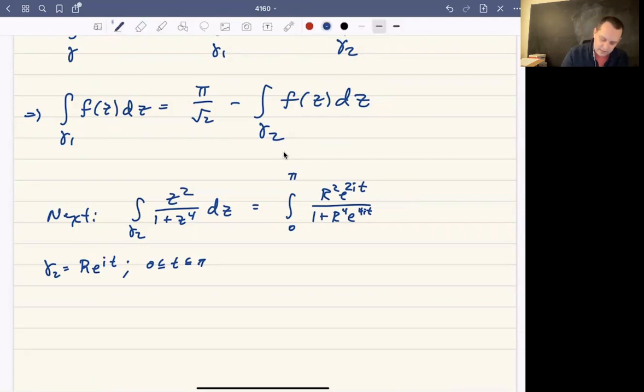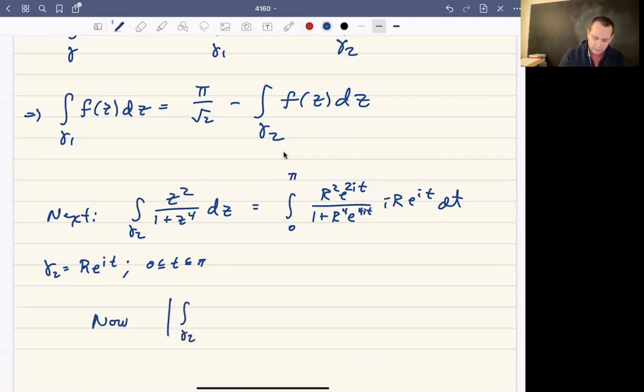Let's not forget that. So that's going to be the integral of i r e to the i t dt. Okay, and so we could evaluate this integral if we wanted to. Just kidding. We probably can't. Maybe we can, but it doesn't matter. All that we really need to do is bound it. So now,